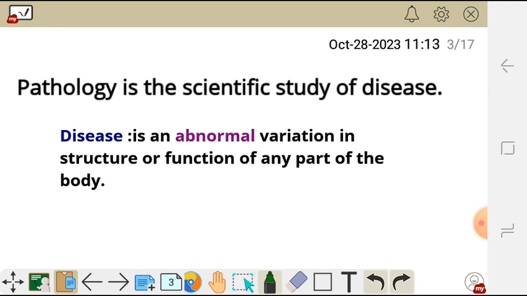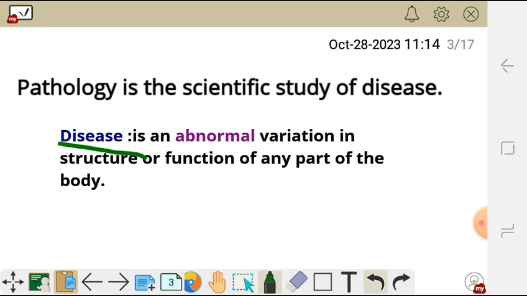So to begin with, let's define what pathology is. Pathology is simply the scientific study of disease. So in pathology, we study diseases. So what is a disease? A disease is simply an abnormal variation in structure or function of any part of the body. So if there is an abnormal variation in the function or structure of any part of the body, that is